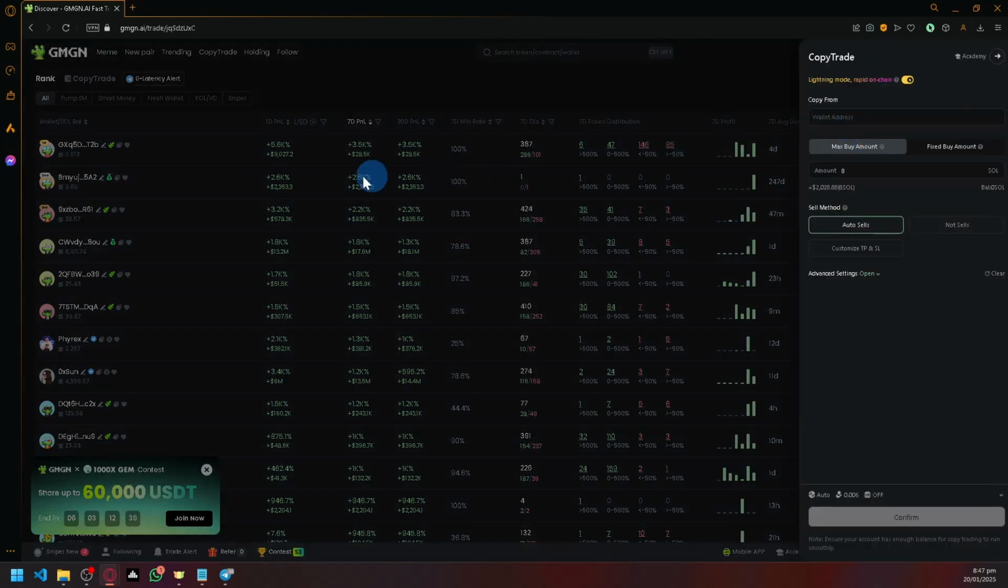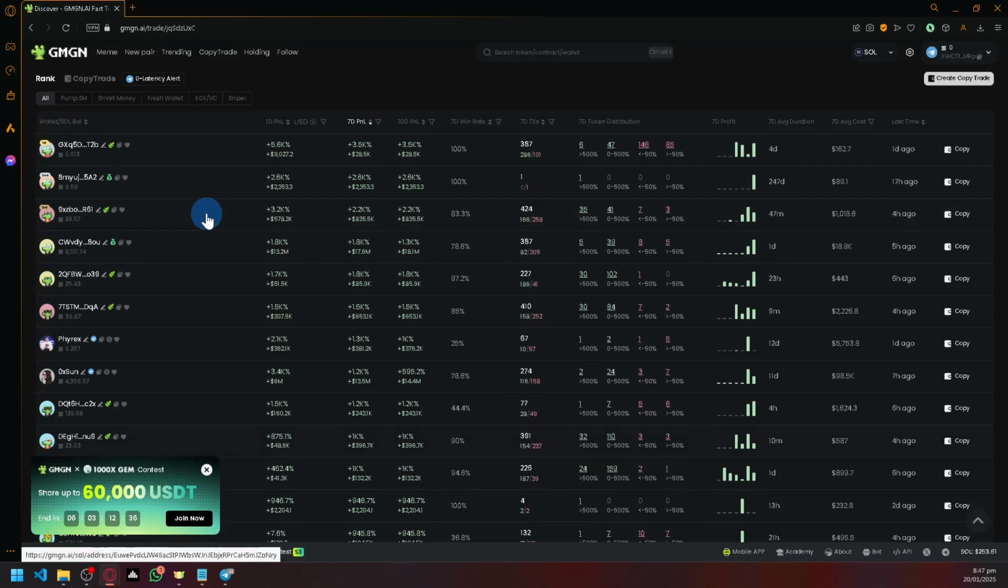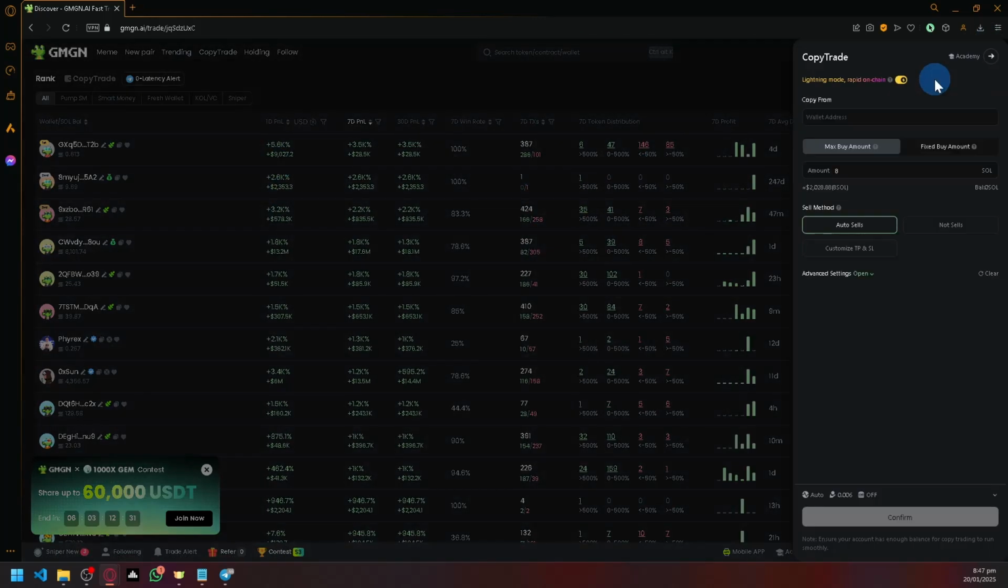And if you have a specific wallet address that you could copy, for example, you have found a wallet address not from our list over here, you could simply click on create copy trade and input their wallet address over here. You could put in the max amount or max buy amount over here or the fixed buy amount over here. You could have different sell methods. You have auto sell, not sells, and customized TP and SL. And simply enter the amount of SOL that you're willing to